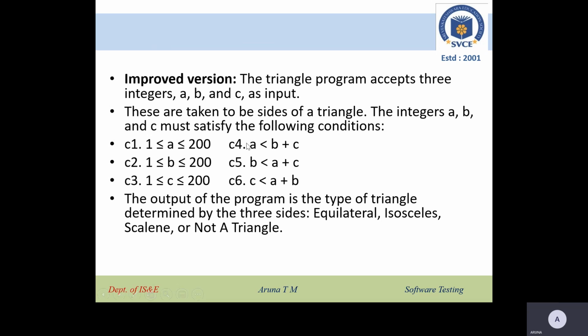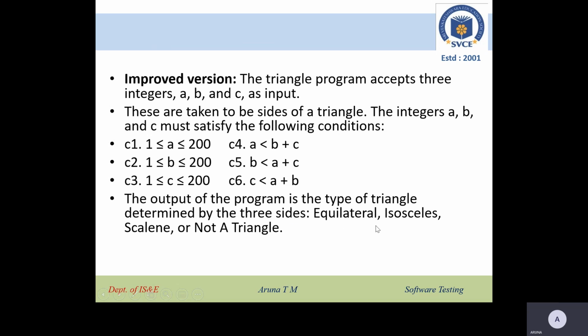When all these C4, C5, C6 conditions are satisfied, then you have to tell me the type of the triangle. If all are true, then you can form a triangle, and then you have to tell me what type of triangle it is. The output of the program is the type of the triangle determined by the three sides.